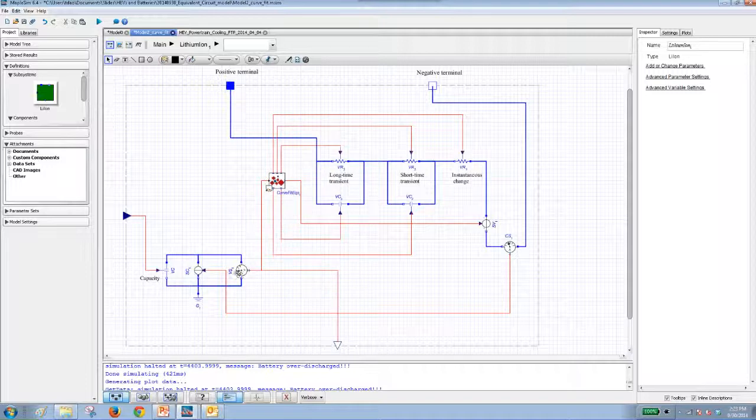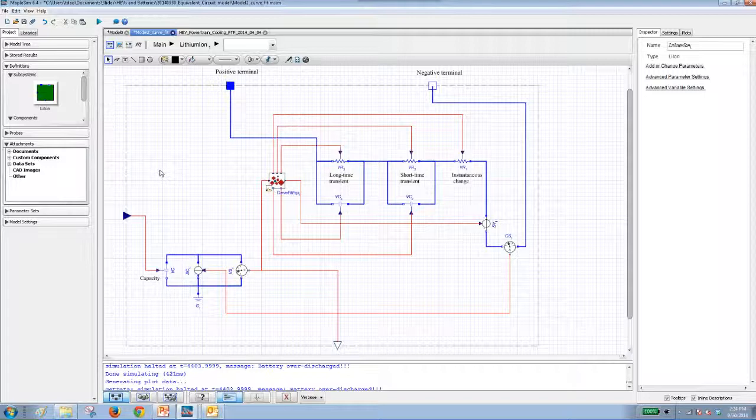The custom component here has one input, which is still the state of charge of the battery, which is measured by using a voltage sensor across the two terminals of the capacitor from the circuit on the left hand side. So let's say the question is how would we determine the open circuit voltage for a model like this,